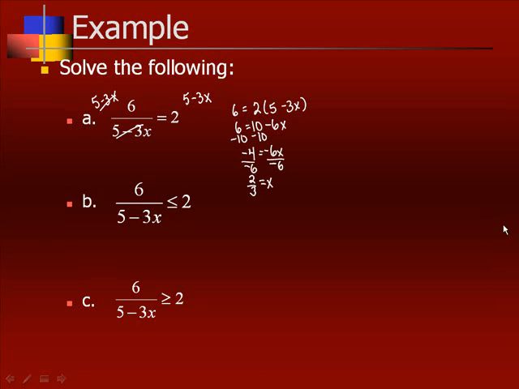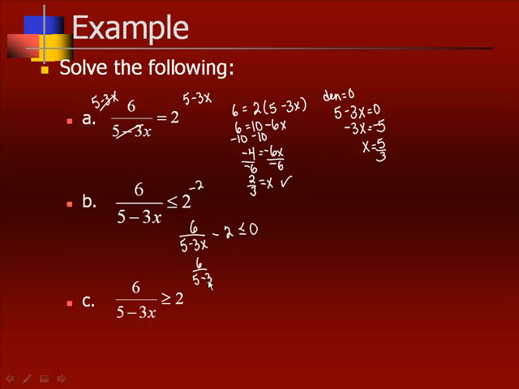So remember, we've got to make sure, does it make the denominator 0? Well, the denominator would be 0 if 5 minus 3x is 0, or negative 3x is negative 5, or x equals 5/3. So we're okay for our solution. Now, for the inequalities, we would like to set it equal to 0. So we're going to do minus 2 on both sides. So we get 6 over 5 minus 3x minus 2 is less than or equal to 0,